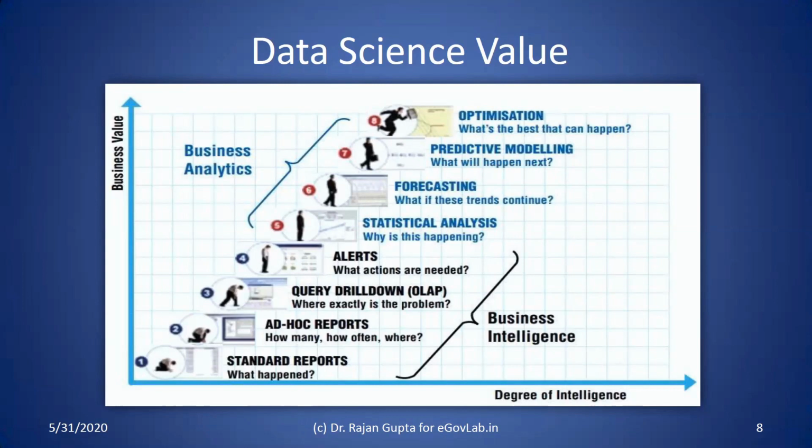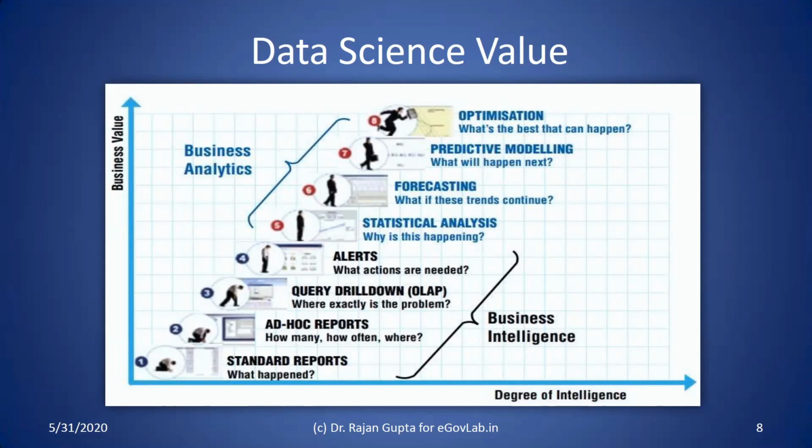Now, if the government process does not involve a lot of data generation, a lot of intelligent mining, then we can have a basic reporting system in place, which is only informing about what is happening, how often a particular thing is happening, how many times it has happened, where it is happening. So all the whys and whoms and hows and wheres are answered in a kind of report style. And if only that is required, then yes, business intelligence is the perfect answer to be implemented as a data science technique with respect to e-governance application.